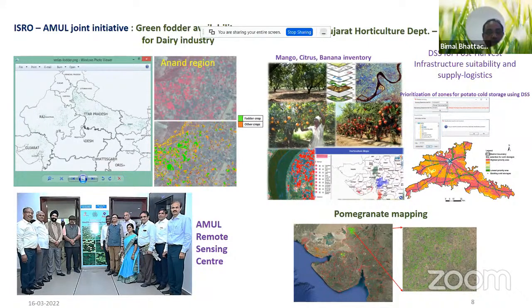Now we are working on how to estimate the green fodder yield, especially for the Rabi fodder. And we have simultaneously taken up studies for the Kharif fodder using synthetic aperture radar. On the right-hand side, in the Chaman program of the Ministry of Agriculture, we have carried out the work using very high resolution data